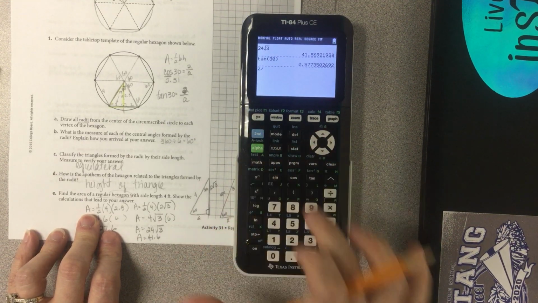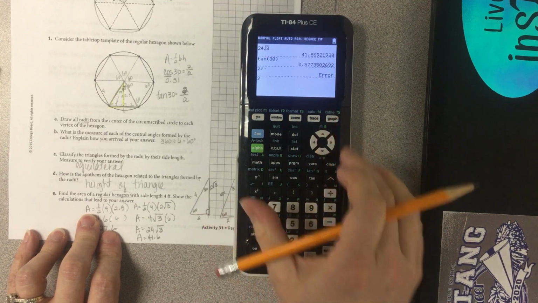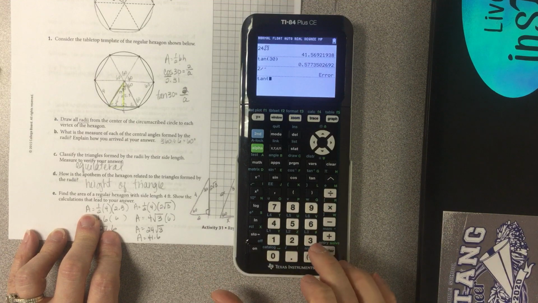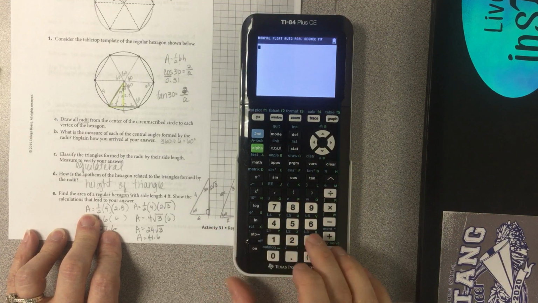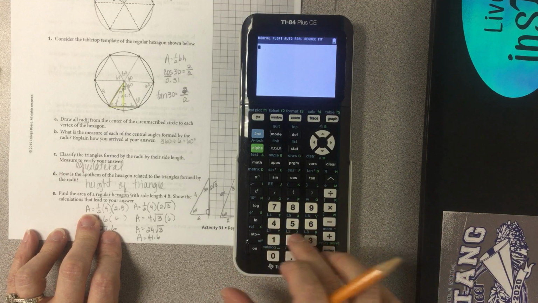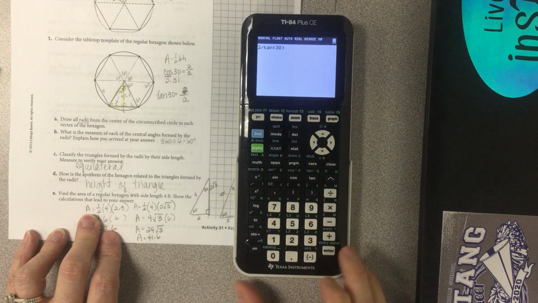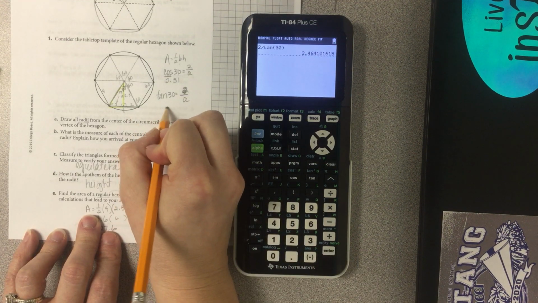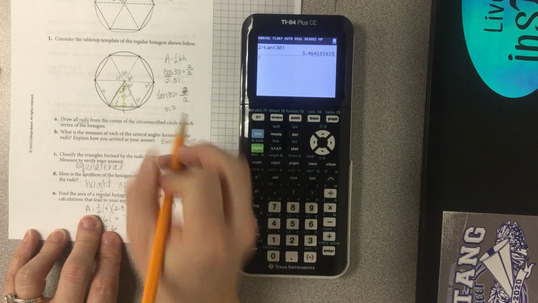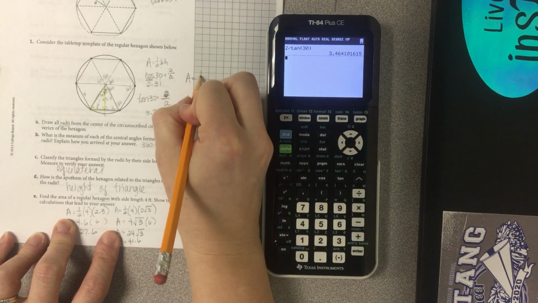If I do 2 divided by that answer, oopsie, I don't even know if it'll let me do that. You know what else is a shortcut? I'm going to do 2 divided by the answer I get anyway, so I'm going to go ahead and do 2 divided by the tangent of 30. And so this time I get, let's call it 3.5. Okay, so if I plug back in the area, 1/2